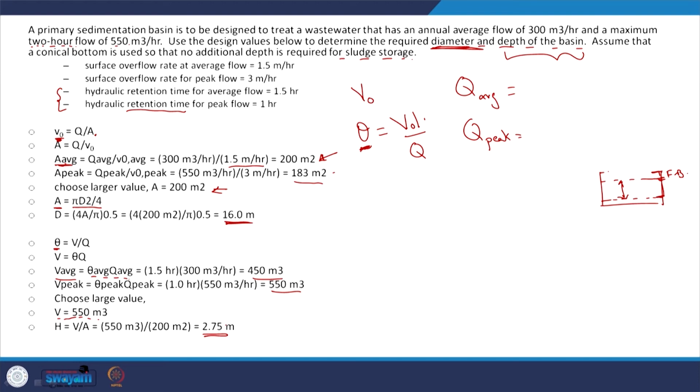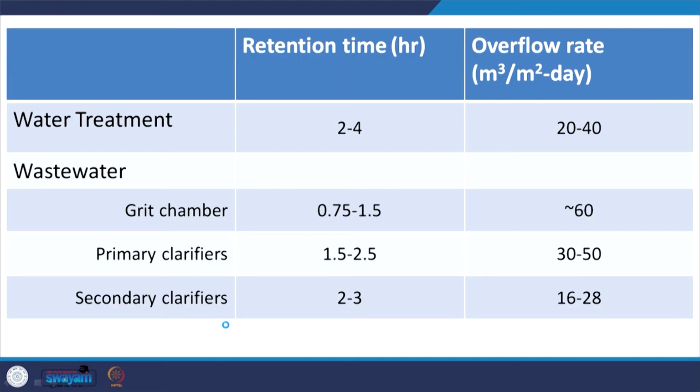So that's a general aspect. It's just algebra out here. So let's just look at typical values. Retention time, theta or TR. Some people look at TR, some people say TD, but theta is a better one because of obvious reasons. Okay, for water treatment, retention time is 2 to 4 hours, and overflow rate is a typical